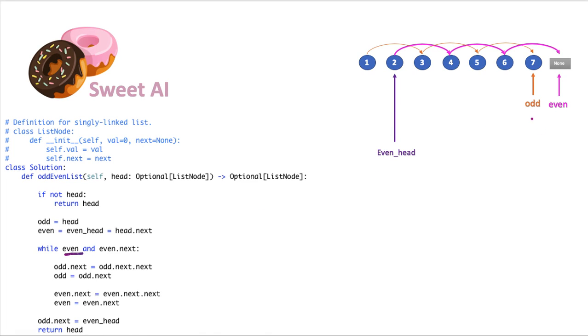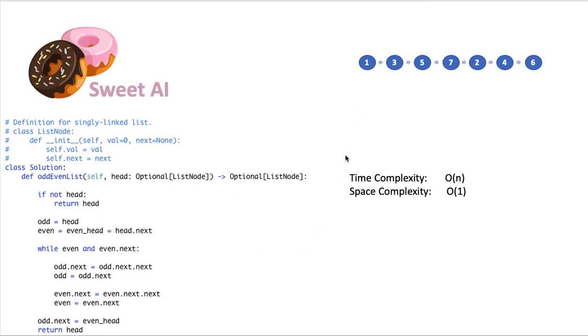Okay, is there any node in the even? No, there is not. It's None, and there is nothing after that. So we are done with our while loop, and the next step is to point this odd node at the even head that we had from the beginning. That's why we stored it, right? We point the odd index to the even head that we stored at the beginning, and we are going to return the